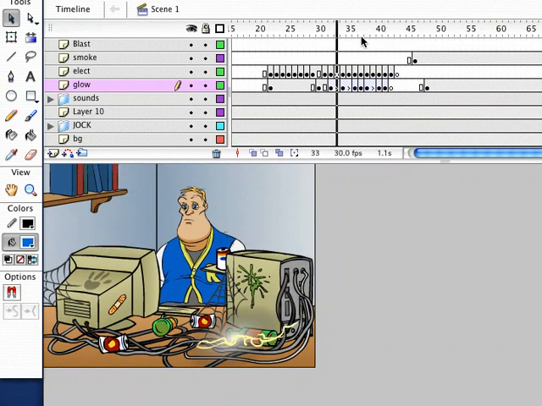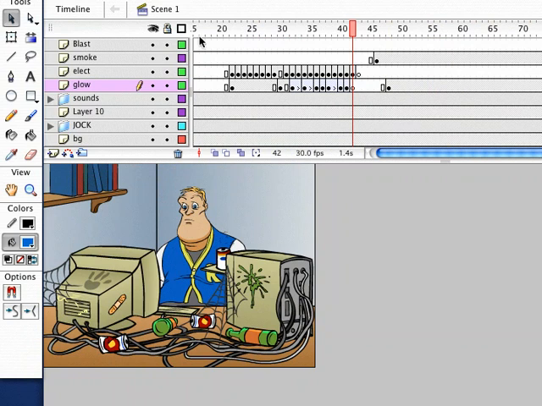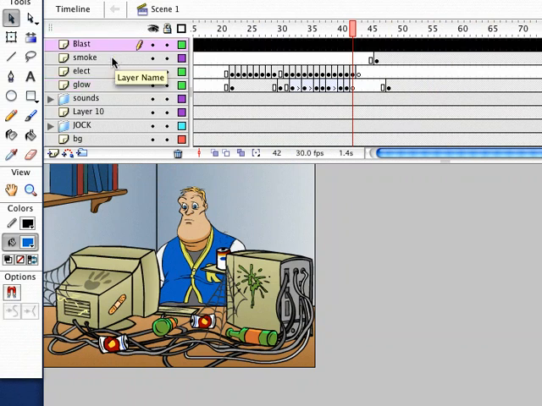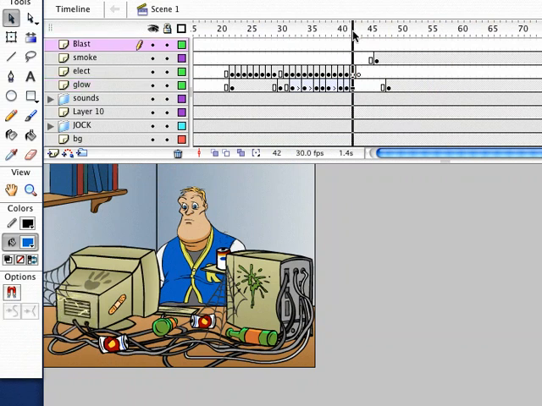Well, to emphasize his computer exploding, what we want to do is have this bright flash of light. And this is so easy to do, and it just adds so much to it. So what I have here, this top layer, I have a layer called Blast. And right here, after this electricity goes into the back of his computer, we're going to add a couple frames right here. We're going to hit F7. And all I'm going to do is cover the entire animation with just white. And that's why it's got to be the top layer, so that you can mask everything underneath it.